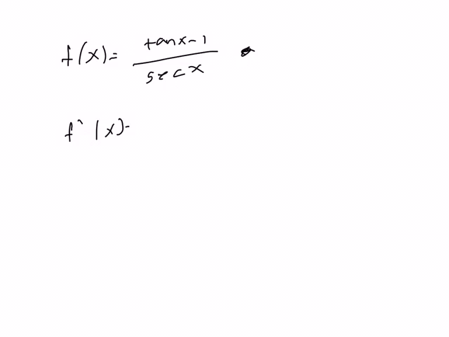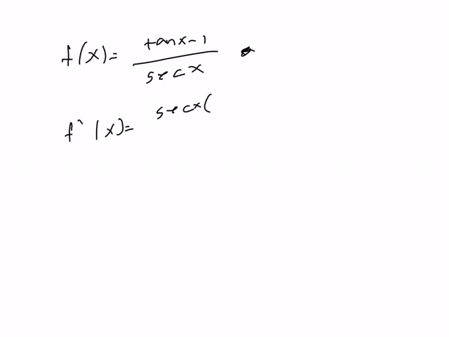So I am going to skip a little. Let's look at problem 31. So we're asked first to use the quotient rule to find the derivative for f of x is equal to (tan x minus 1) over secant x. First use the quotient rule, then simplify this expression using sines and cosines and see if we get the same result. So using the quotient rule, we get secant x